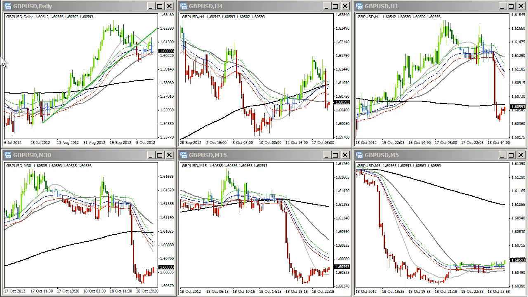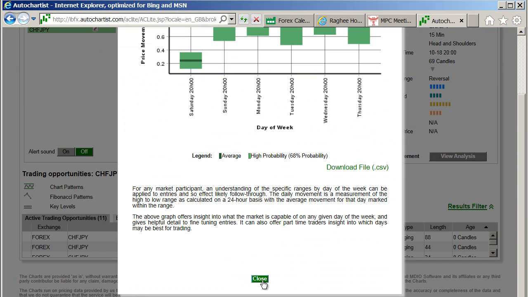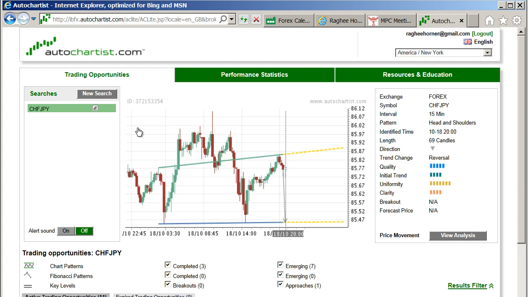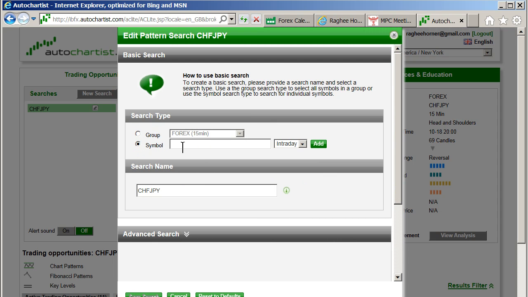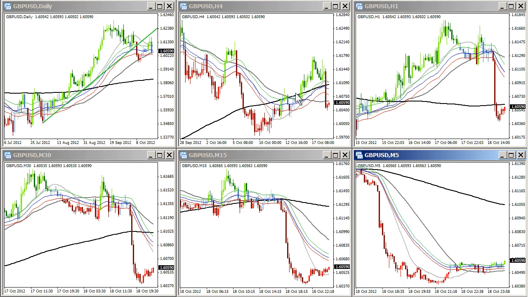Okay, so ultimately, what I'm hoping you'll do is put together some of these tools like the auto chartist, look at the individual candle movements, look at whether, obviously this is probably outside of the range, right? If I want to go ahead over to auto chartist, would anybody be shocked if this was outside the range? I don't think a single one of you would be shocked, right, to find out that we're probably outside the range of that, even on a pair that can be as volatile as the pound sterling against the U.S. dollar. I don't think any of you would be shocked, if I said, hey, look, just in a 1 hour period of time,